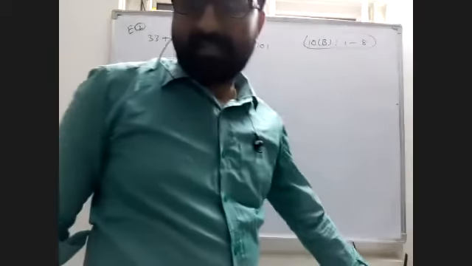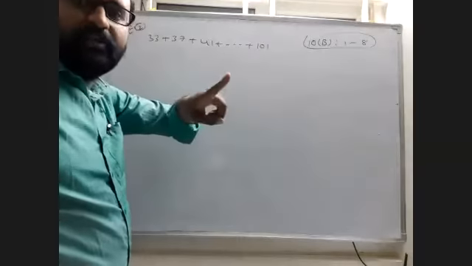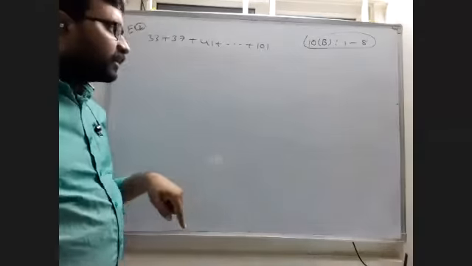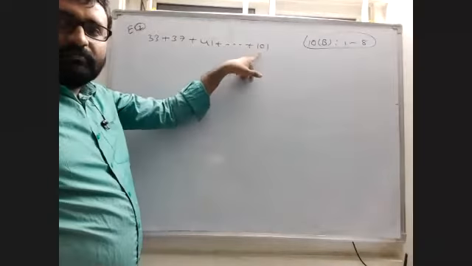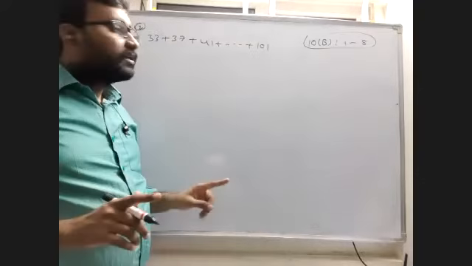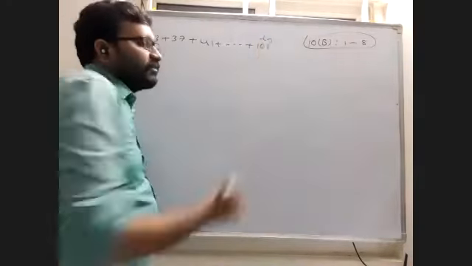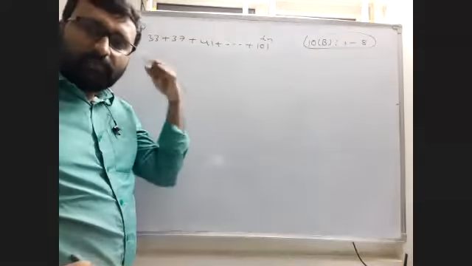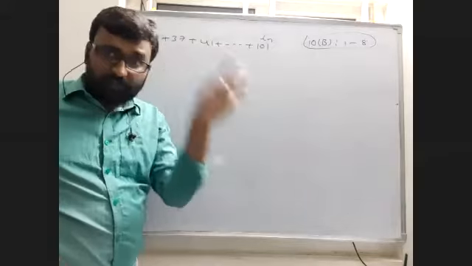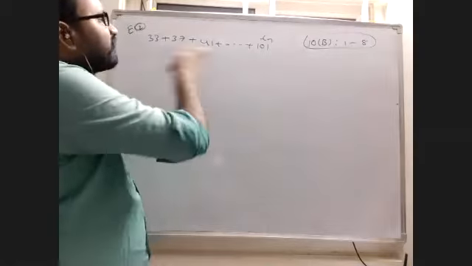In the previous question, the last term was not given, but the total number of terms, 15, was given. In this question, the last term is given, but the number of terms is not given. Here Tn, this is the last term. Tn is given, but n is not given. In the previous question, n is given, Tn is not given. I told you that we can use one formula for both. Here the question asks us to find the sum of all these numbers.